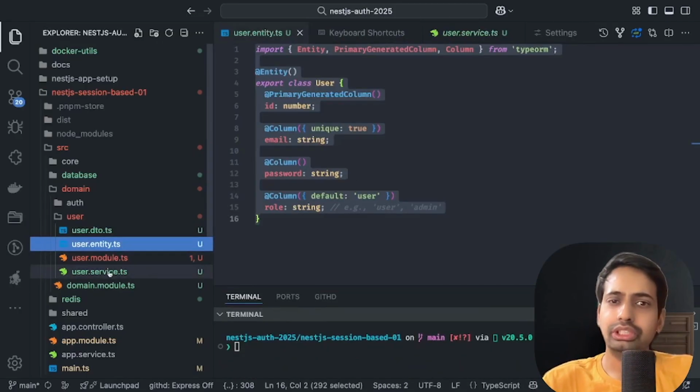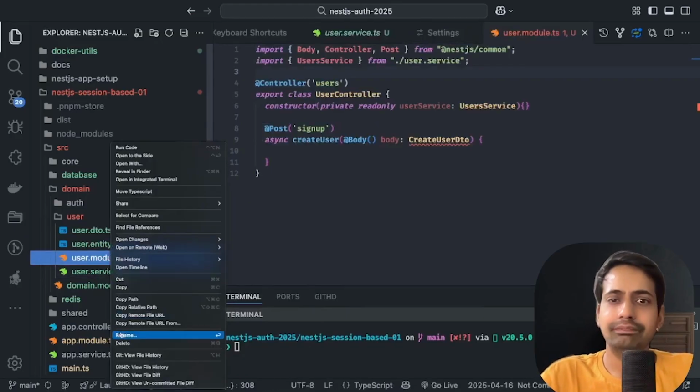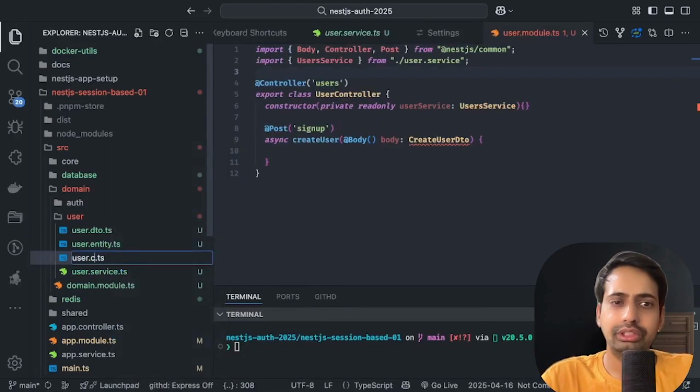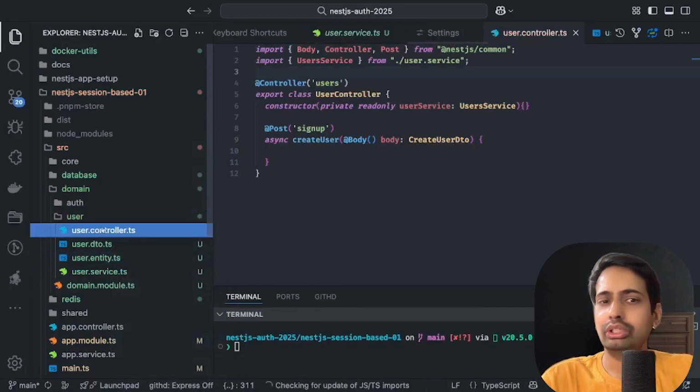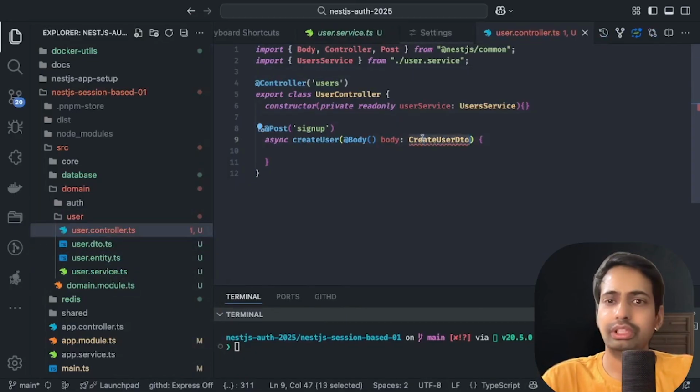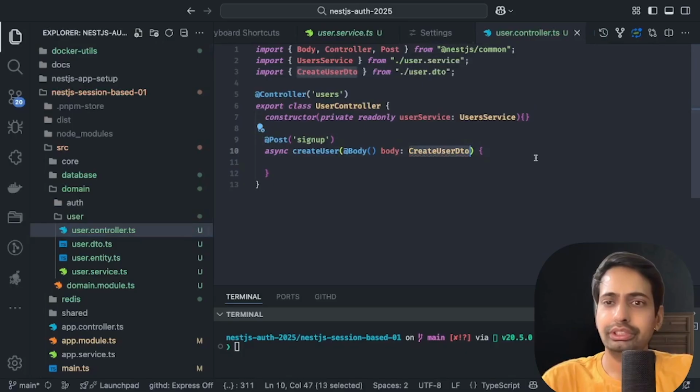Inside the user entity, now we have ID. ID can be auto-generated or UUID. That depends on how you define it, along with email, password, and role. And so we have just the entity and the create user DTO. We'll rename it to user controller.ts, and then we'll also define the handler. So just import the DTO here, and just write a simple code, which is nothing but creating a user by